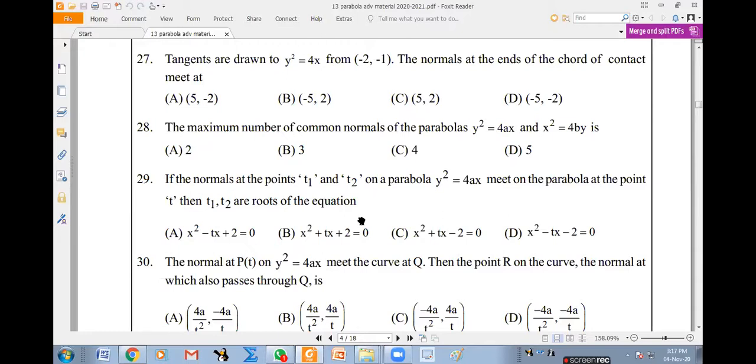That means when we want minimum area, we take the mirror image, sir, of the two curves. No, not every time. Here, by looking at the curves, we are able to recognize easily that they are mirror images of each other. Otherwise, the common concept is, if you have a curve and another curve, whenever you want a least value, that line should be normal to this curve and normal to this curve.